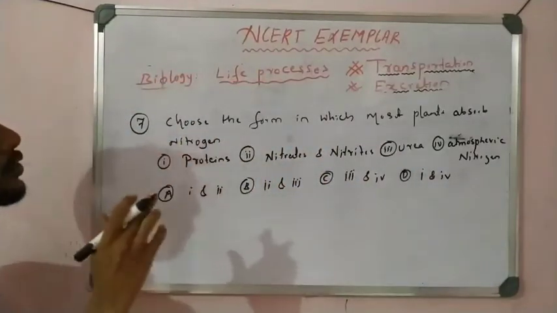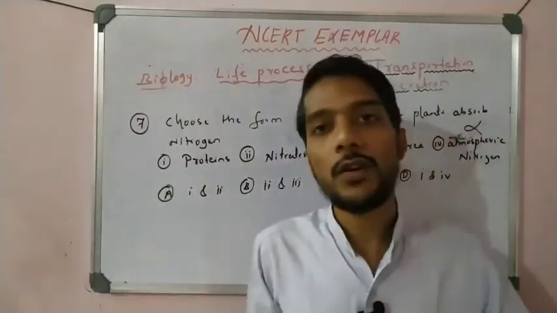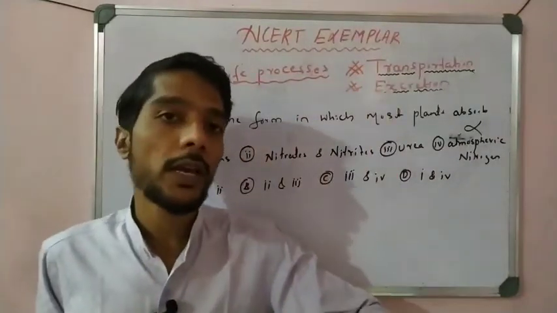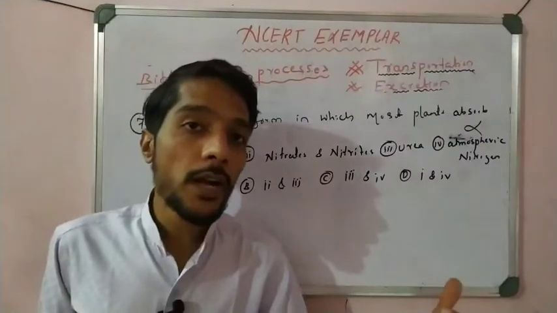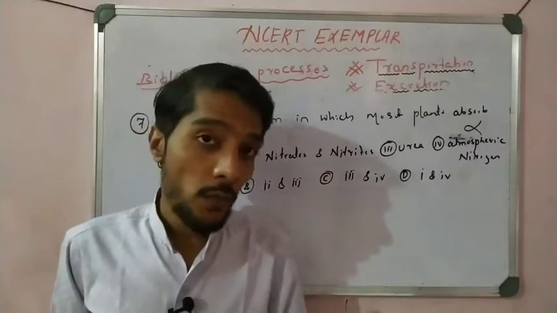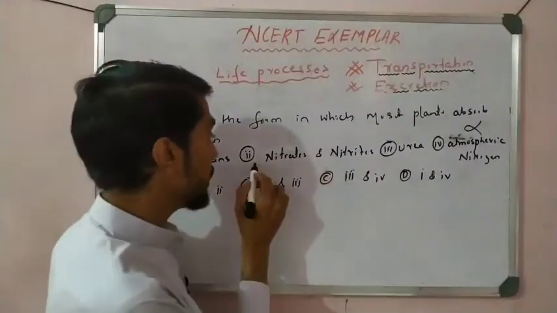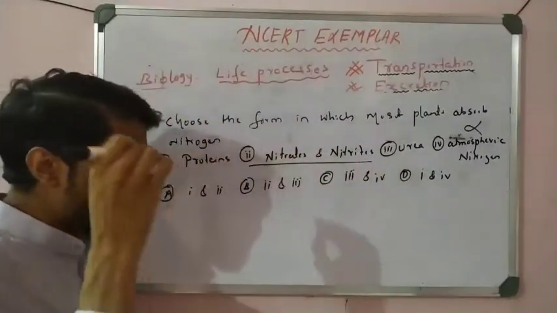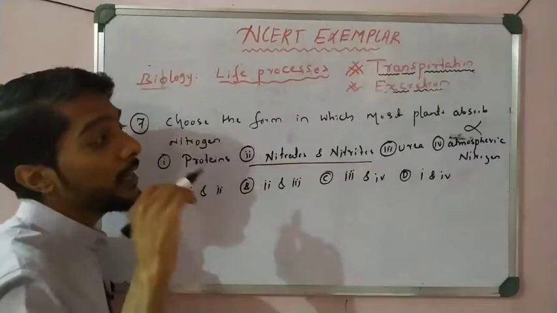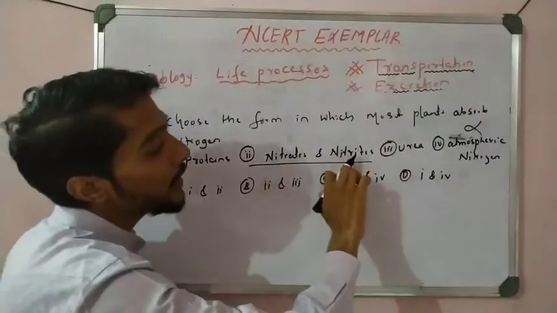Okay, so simple one. See, atmospheric nitrogen is not possible. The plants are not able to take nitrogen directly from the atmosphere. Plants require nitrogen, that is a mineral, but it is not possible for the plant to take it directly from the atmosphere. It must be converted. So in the root there are some bacteria which convert the atmospheric nitrogen into nitrites and nitrates. That is very important. The plants require the nitrites and nitrates which are present in the soil. They must be converted into nitrites and nitrates with the help of some bacteria.